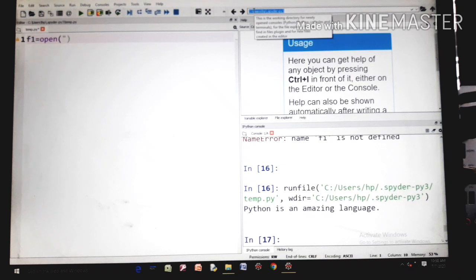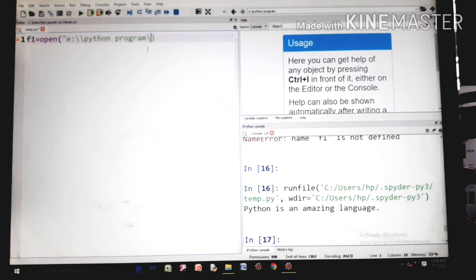Here we write E colon. This is my file path, I copy and paste it here. This is the E drive that contains the folder, then double slash, then Python program. You know very well the double slash is used to avoid the delimiter concept, and it behaves like a string.